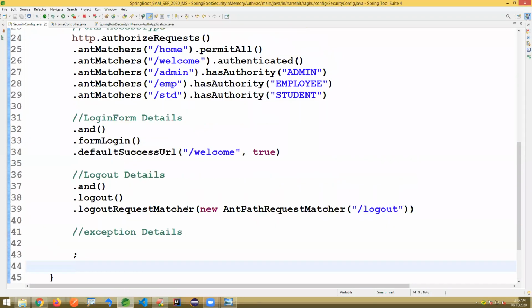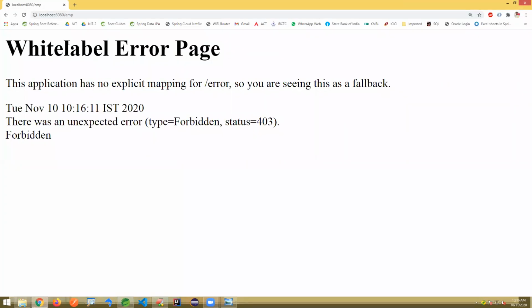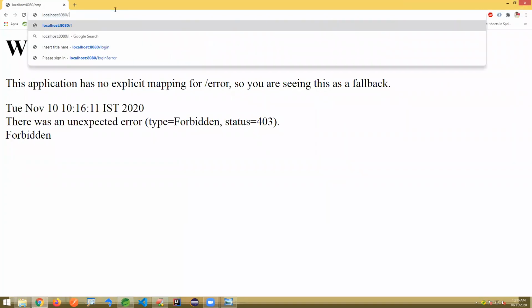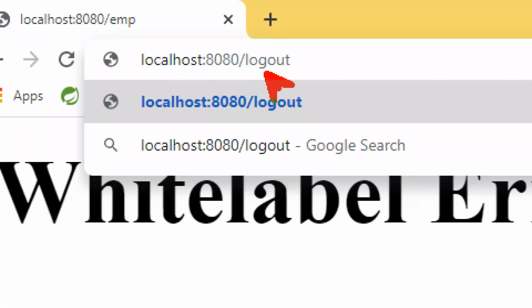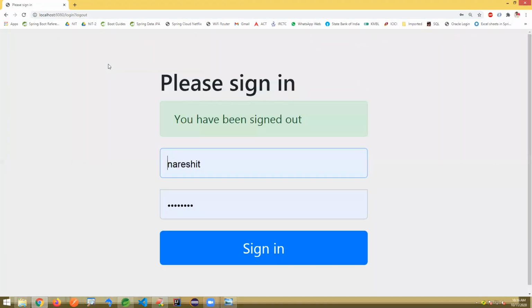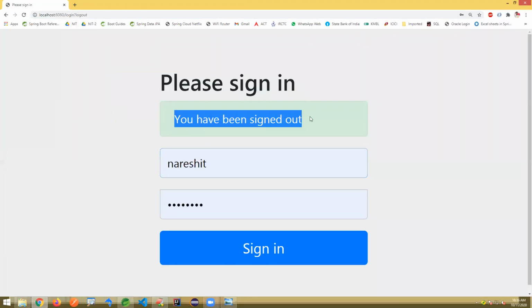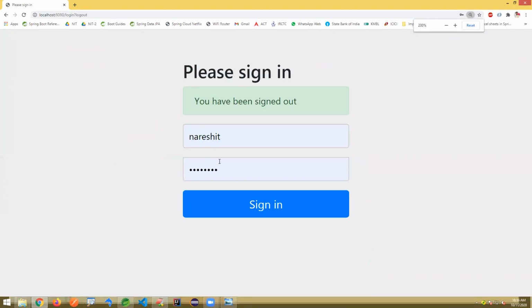Now observe carefully. One more thing, how to log out. Actually, we have to create hyperlinks and menu bars. Temporarily, I'm typing logout manually in the browser and pressing enter. Okay, you have been signed out successfully. It is actually showing the default username and password. I am using software called Jenkins, that's why it is showing 8080, Naresh IT, Naresh IT. Leave this password detail here.